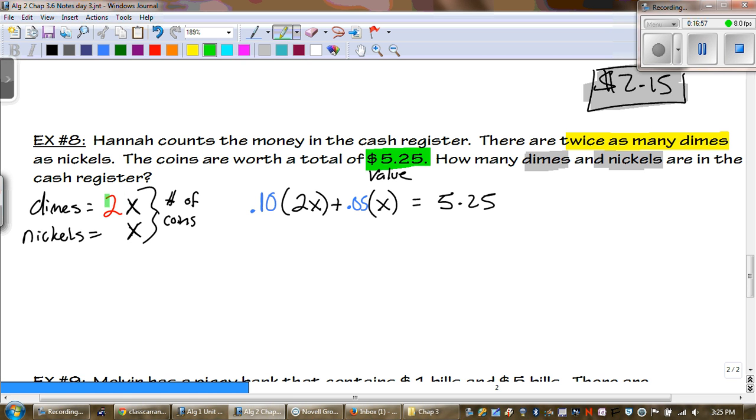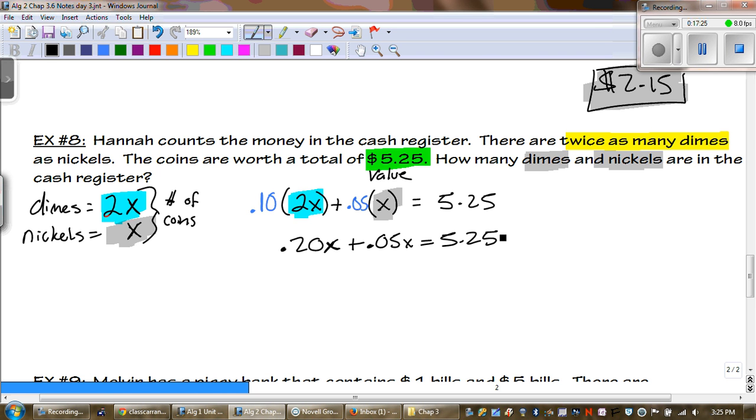We know that the dime right here, that's where the 2x comes from, and the nickel is the x. And all we did was put down how much they are worth. All right, so when we multiply those two things, we get 0.20x plus 0.05x equals